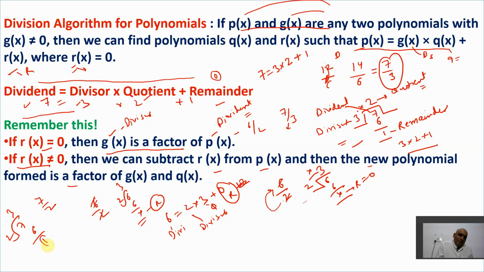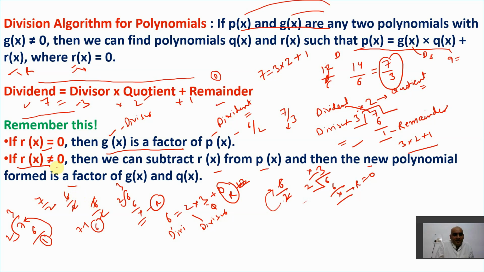Because I only need 1, so 2, 3, 6, I'll get 1 as a remainder. If I subtract this 1 from this dividend, then this dividend will become what? 6. Then that means now I have to divide this 2 by 6. Now it becomes perfectly divisible. So when it becomes perfectly divisible, that means it becomes a factor of that particular number.